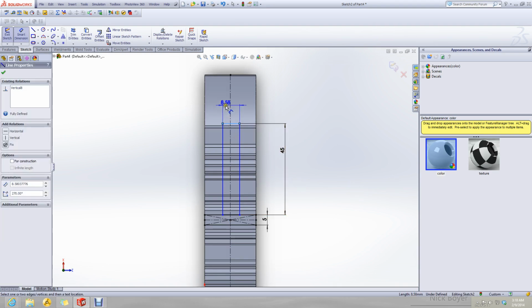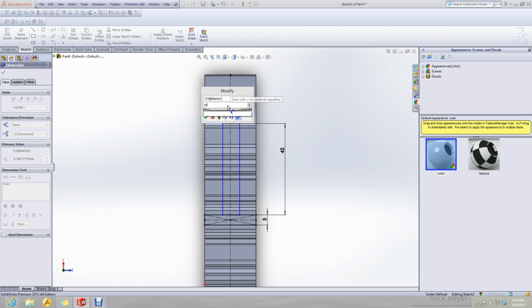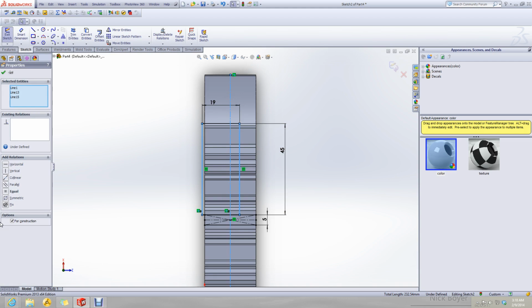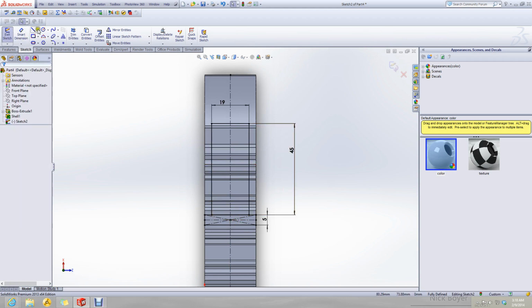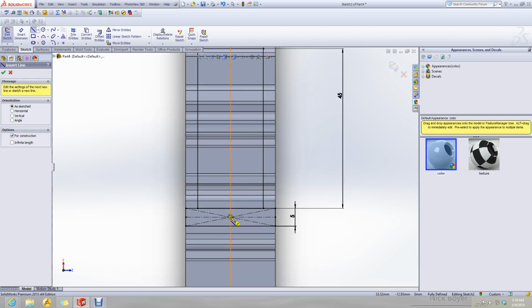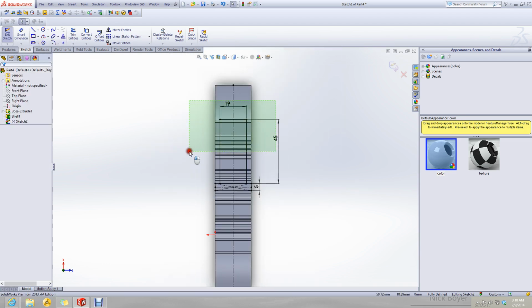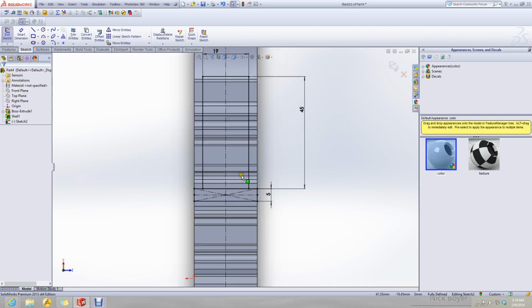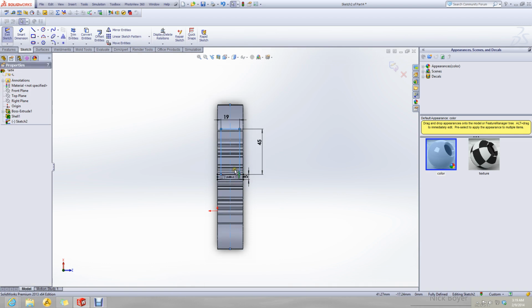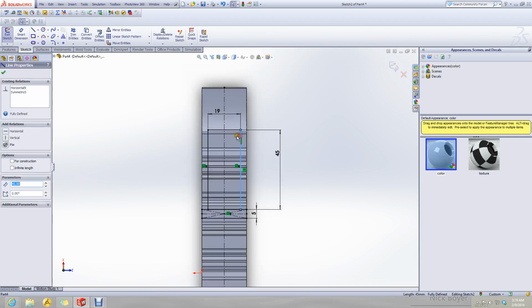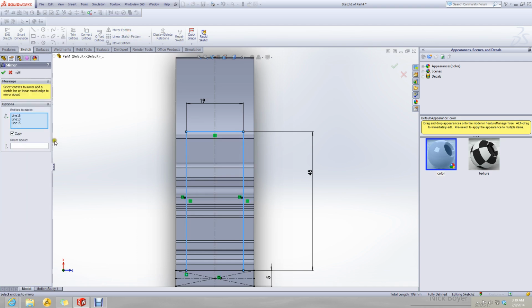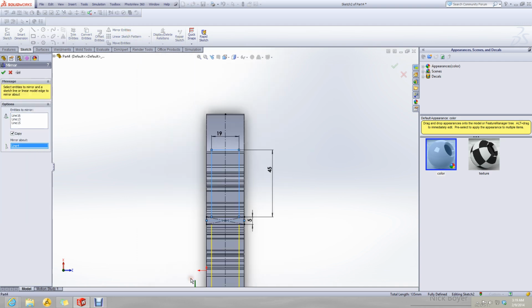The thickness should be 19 millimeters, and these lines should be symmetric about this line. Now I mirror this about this line.